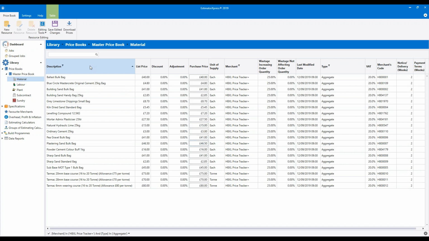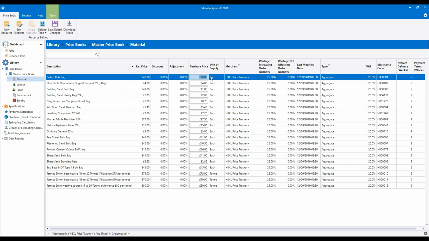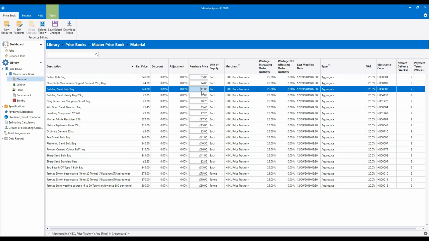So my ballast bulk bag was at the bottom because I'd done it in reverse order, so you can do the same in your software if you want the ballast bulk bag to be at the top. So you can see the list price is £40 per bulk bag. So let's say I pay £35 for that. Change it to whatever you pay. Then we'll have a look at the building sand bulk bag.